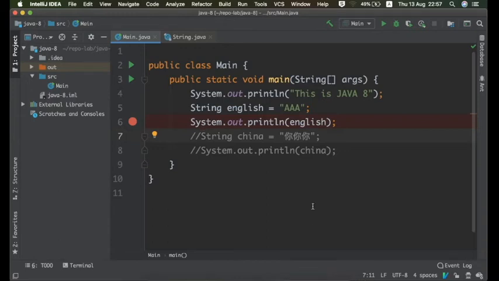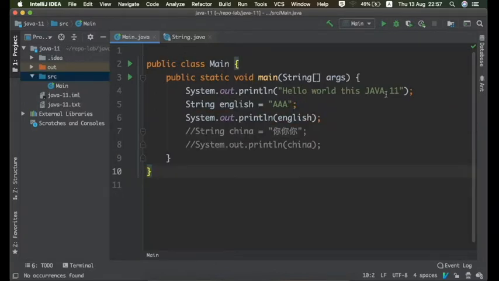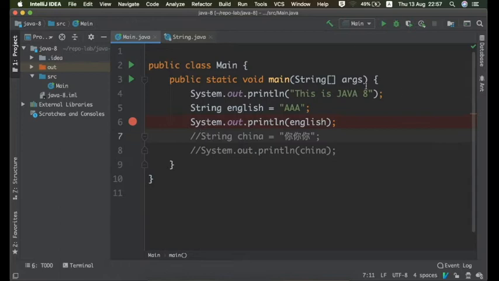In this video, I will talk about why we should move from Java 8 to Java 11. In Java 11, there are a lot of features. So we will see what is the difference in Java 8 and Java 11 regarding the string implementation. I have two instances of IDE, one configured with Java 8 and another with Java 11. First we will see in Java 8.